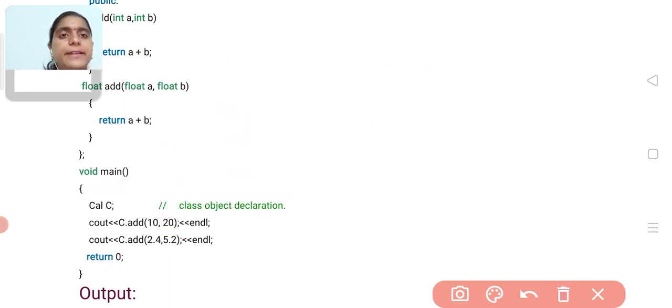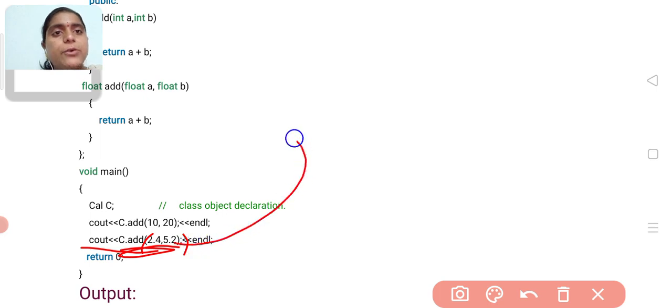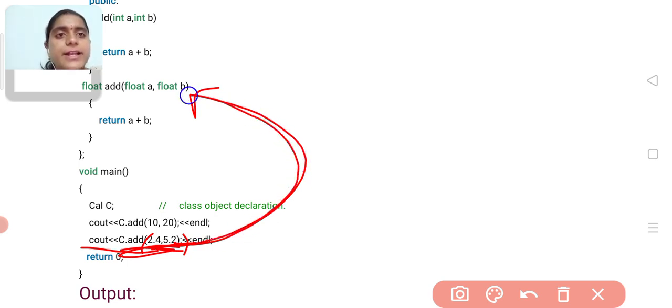And second, when we call c dot add 2.4 comma 5.2, the cursor will go to this function. Why? Because here we are passing two float type arguments. That's why the cursor will go to this function and add these two float values.